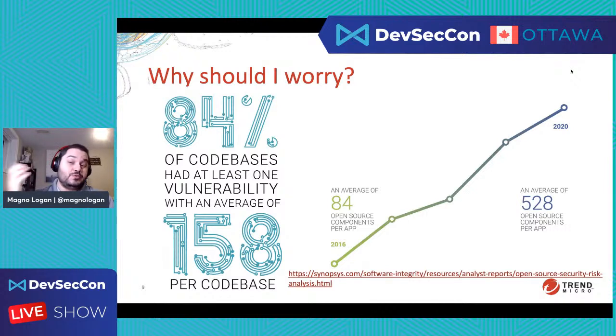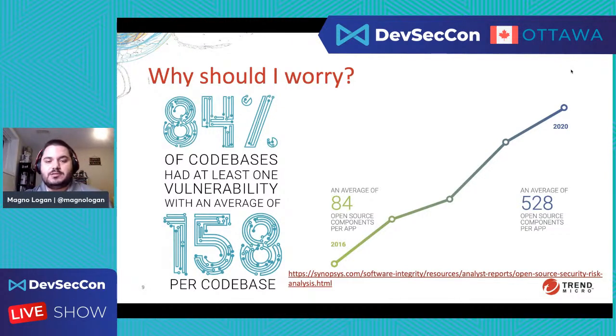With the latest number from 2020, the average of those components jumped from 84 to 528. This counts the direct dependencies and indirect ones. So we have 528 libraries in one application that I need to be aware of and make sure that they're up to date and don't have any vulnerability. So the problem is becoming even harder to manage nowadays.